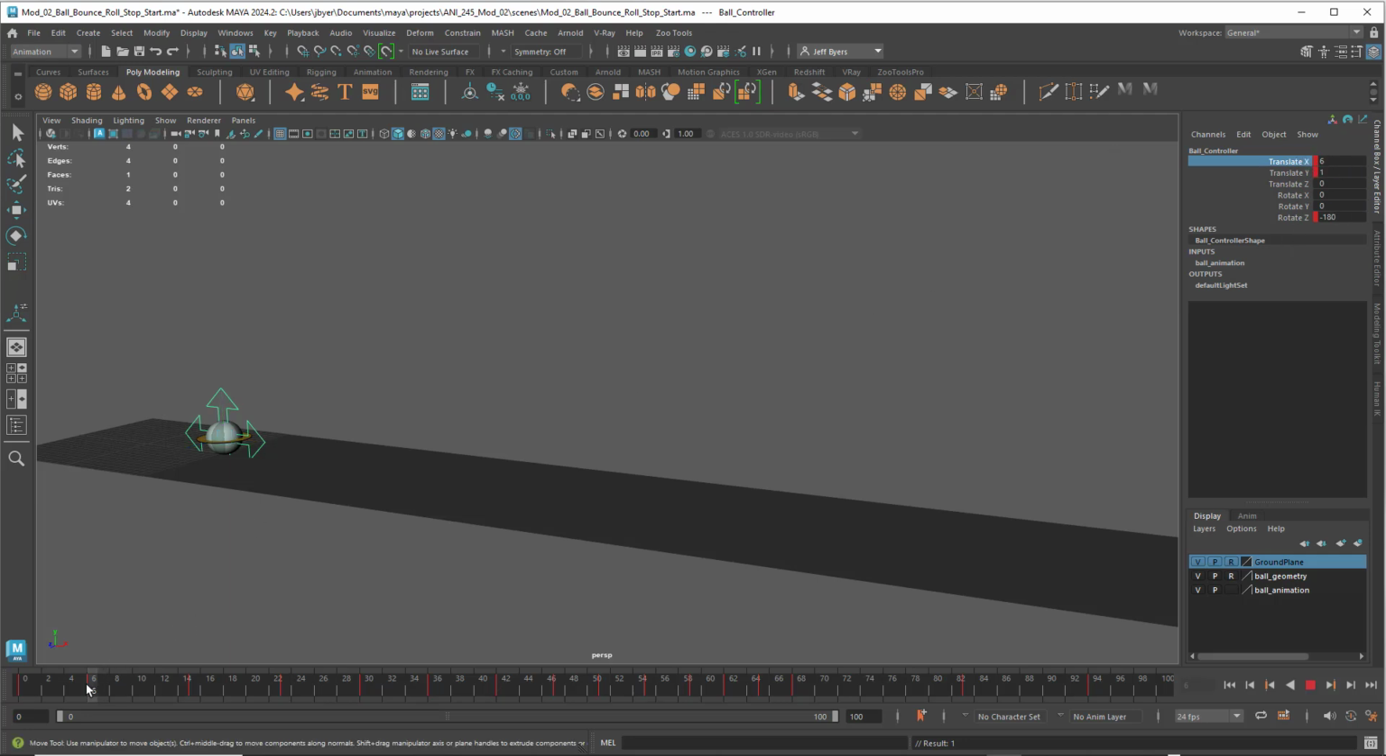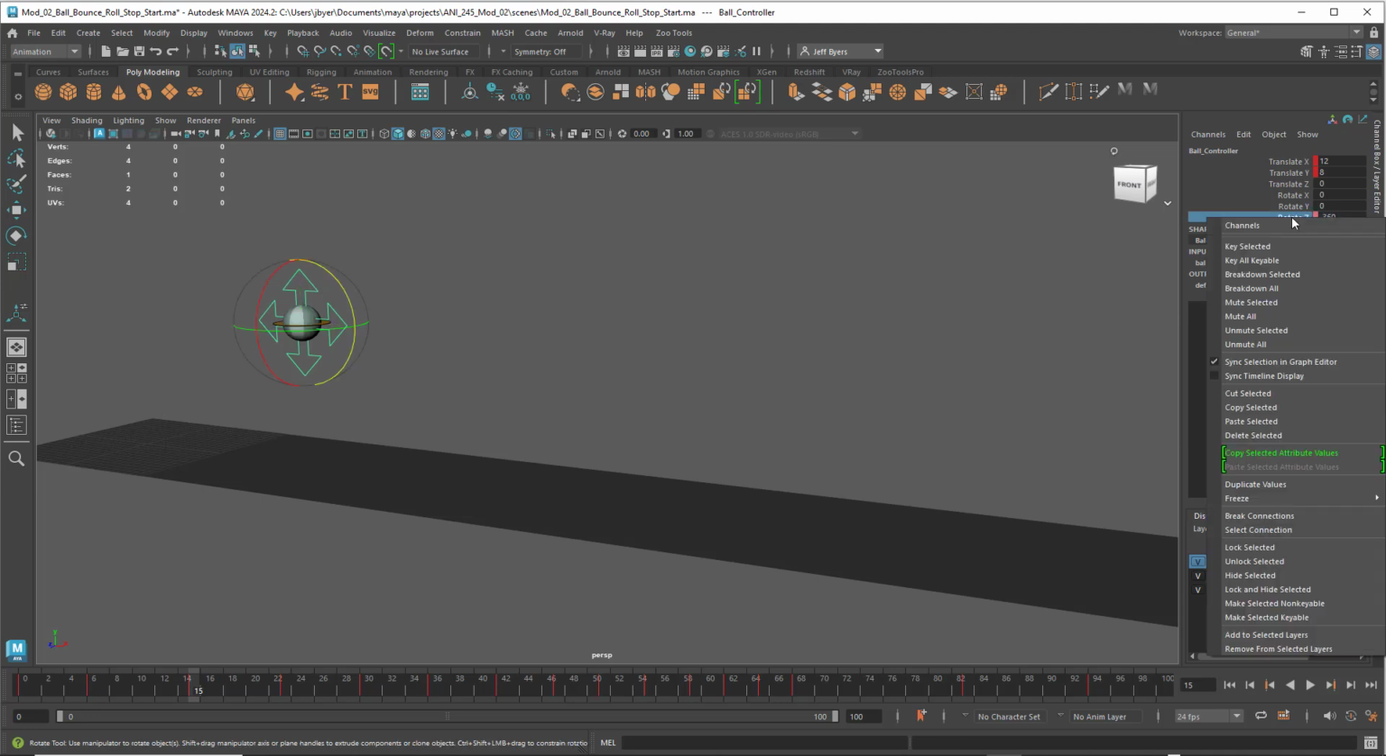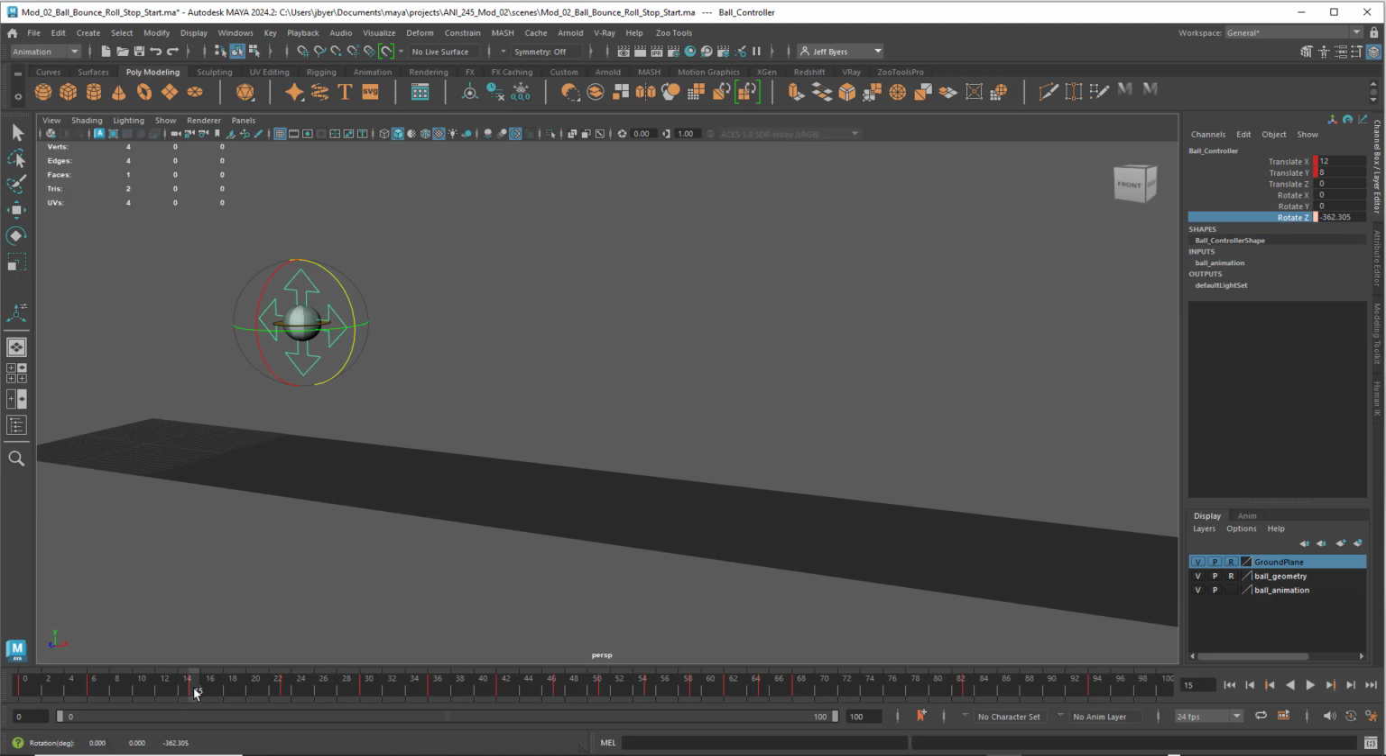So you can see that rotation value is looking good. I like that. That's a good rotation value. And then at 14 again, I'm just going to double that to 360. Okay, and keyframe that. So I'm just going to look at it and see how that looks. That looks pretty good. Okay, so I'm going to continue that process of doubling it